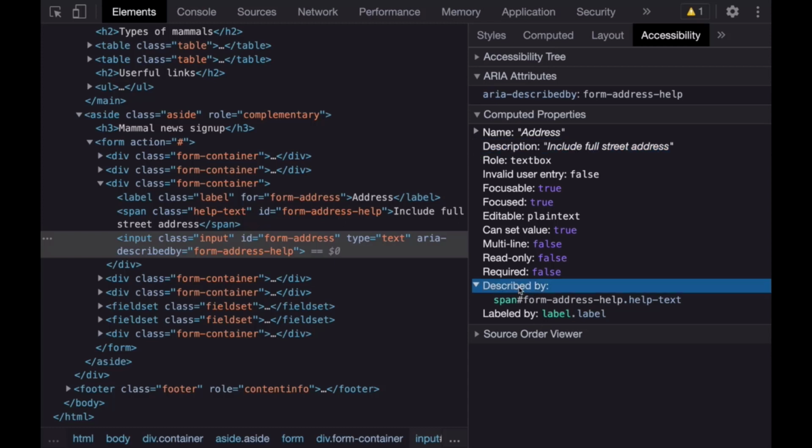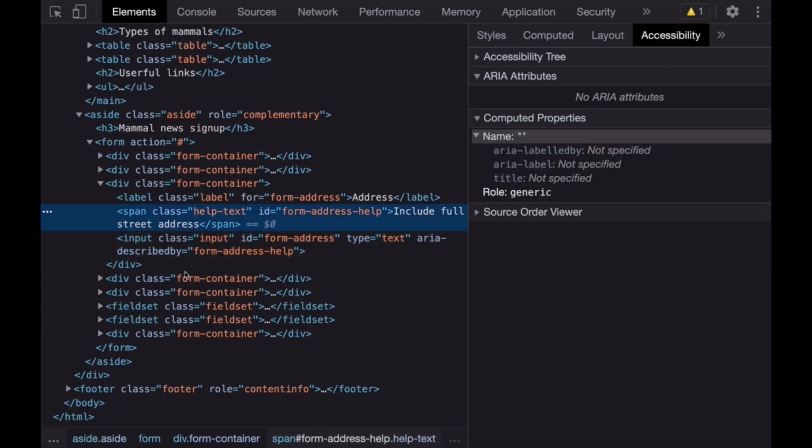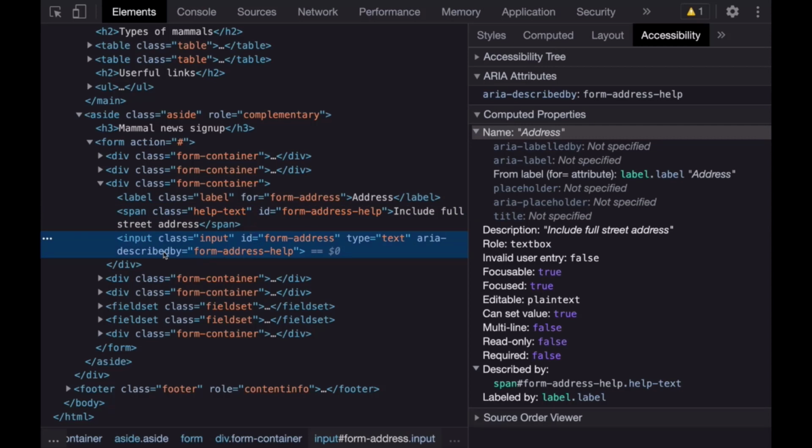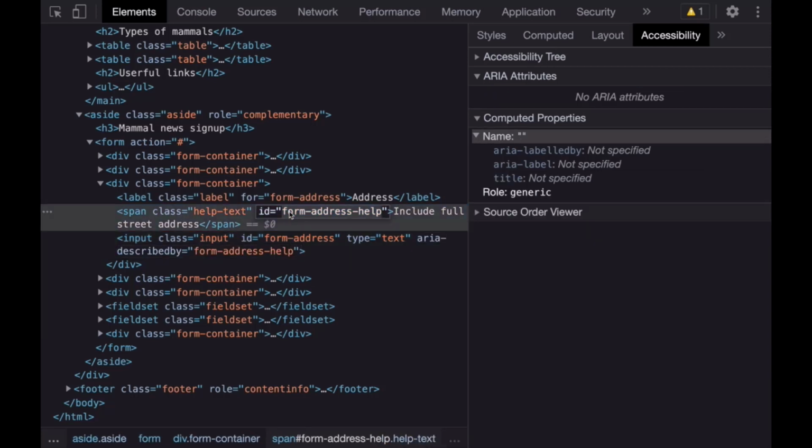Well, you can see down the bottom, it's being described by this other element. So the span above is creating a description for the input. And the reason is the input is being described by the element which matches that ID, which is this one here. So that is a quick example of an accessible description.